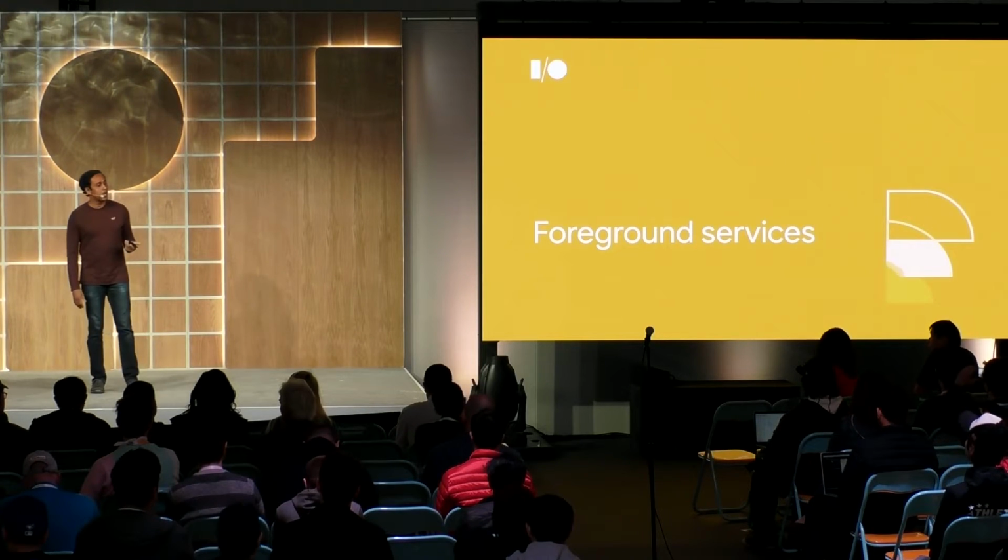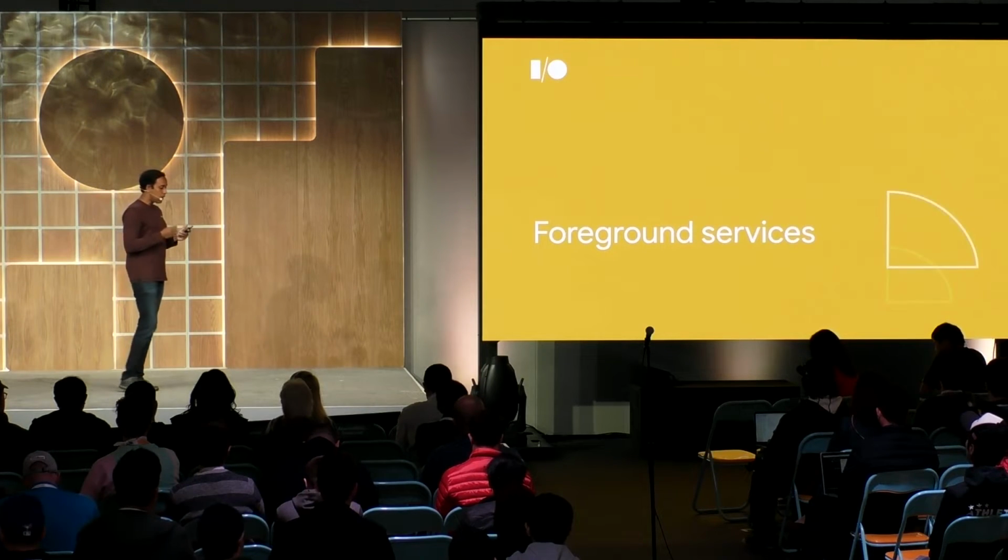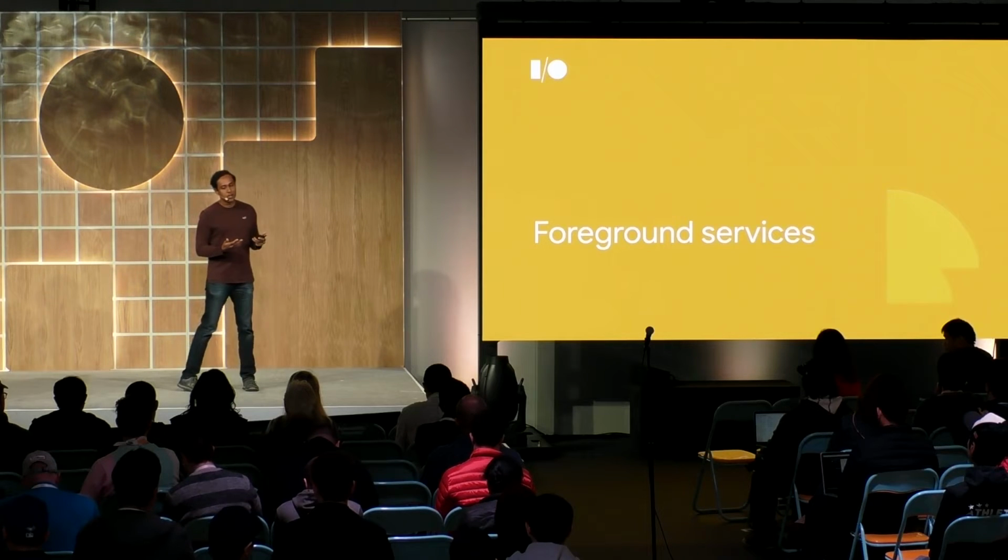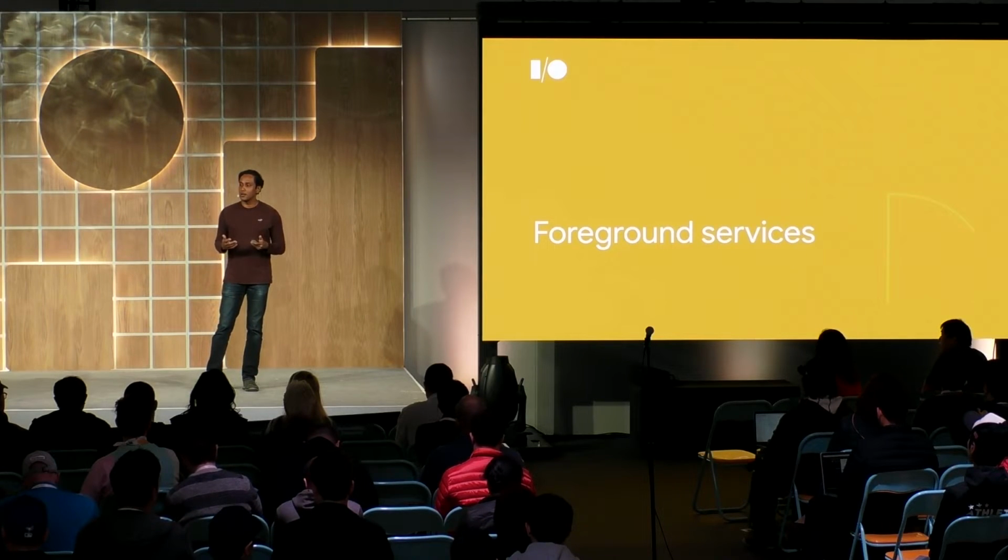A few slides back, we talked about when an app is considered to be in use. And at that point in time, I said we'll talk a little bit more about foreground services. In Q, we are introducing some changes to how apps can get device location when they are running a foreground service. But before we talk about the change, let's for a moment understand the need for accessing location when running a foreground service.